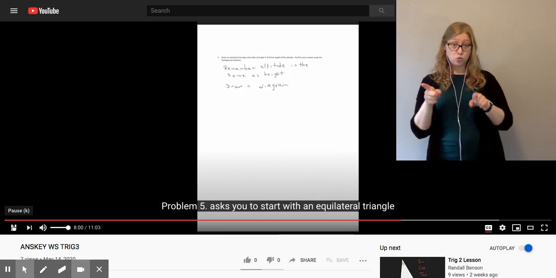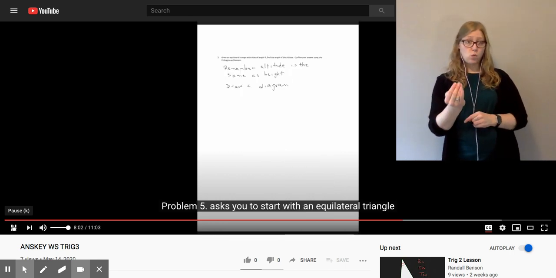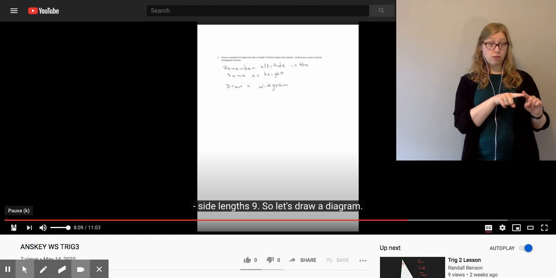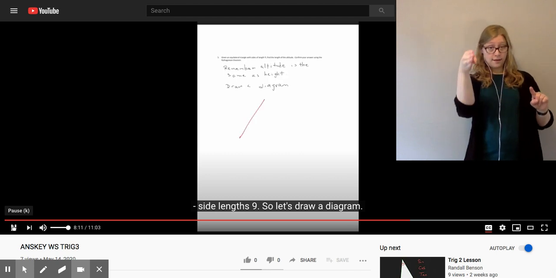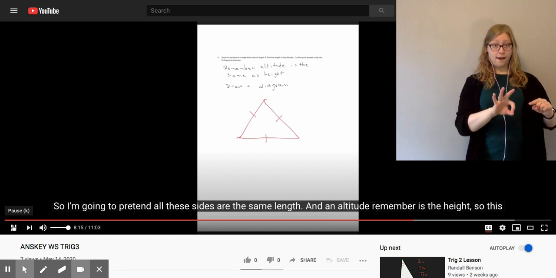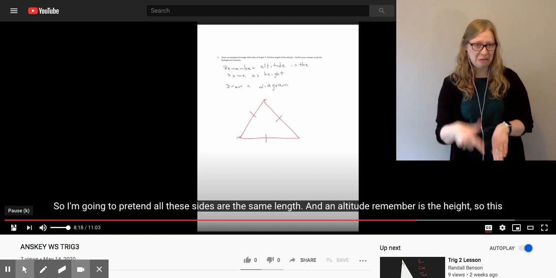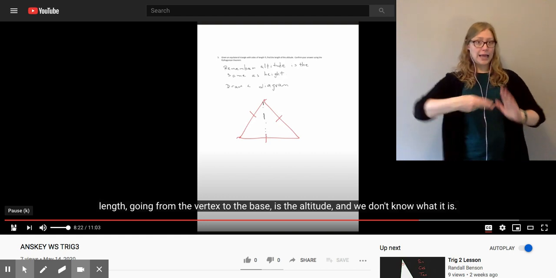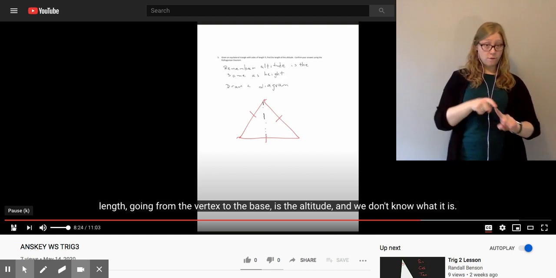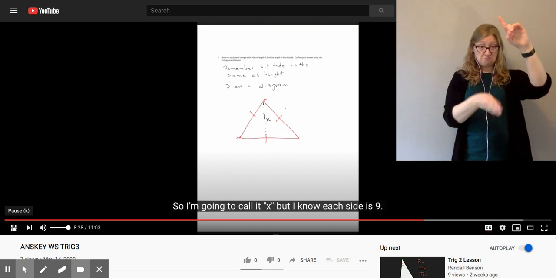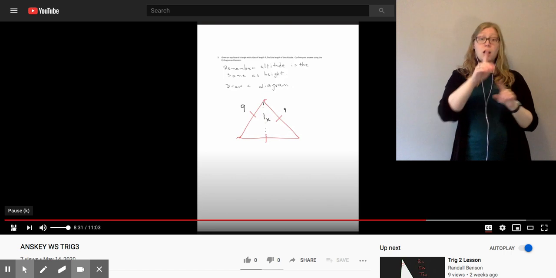Problem 5 asks you to start with an equilateral triangle of side length 9. So let's draw a diagram. So I'm going to pretend all these sides are the same length. And an altitude, remember, is the height. So this length going from the vertex to the base is the altitude, and we don't know what it is, so I'm going to call it x,